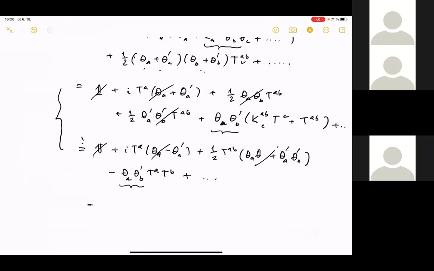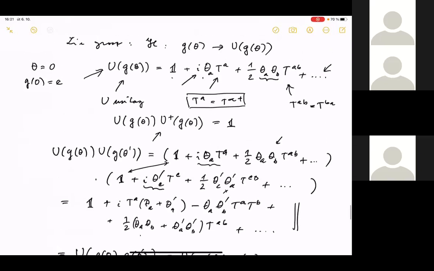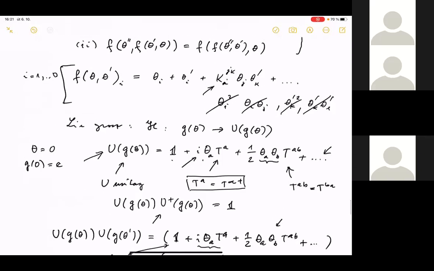So minus TA TB must be KABC TC plus TAB. And this is a very interesting result because we see that if we know the composition law in terms of F, because this K was a parameter which described the composition law of the parameters of the Lie group,